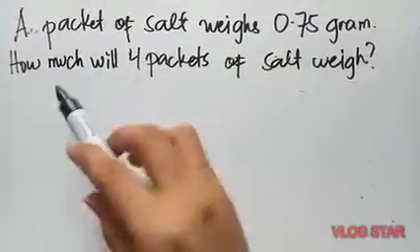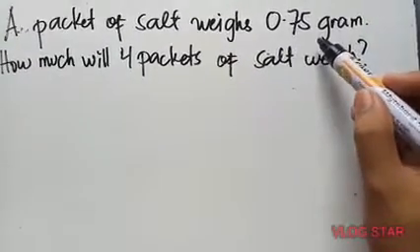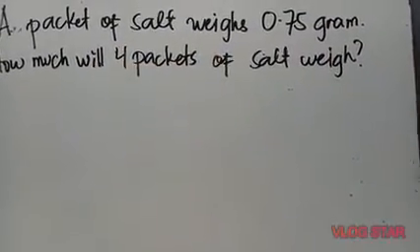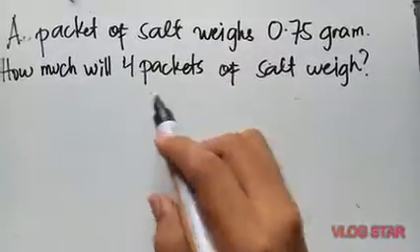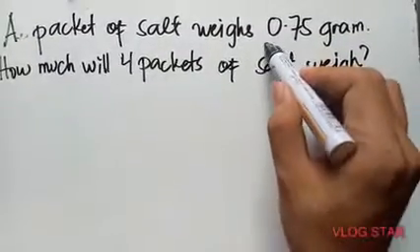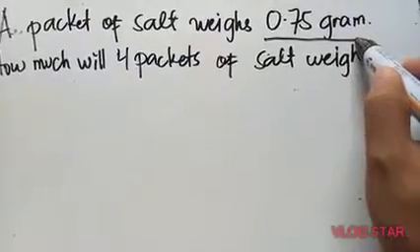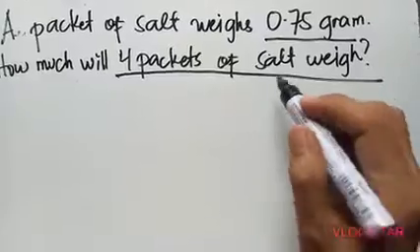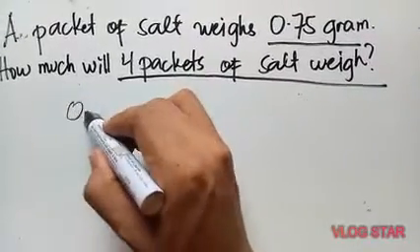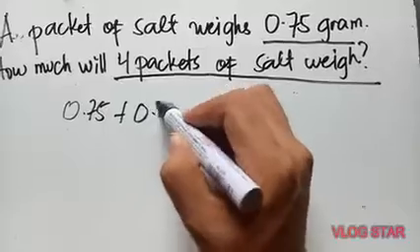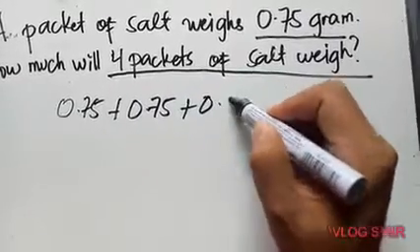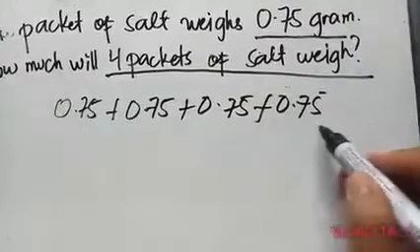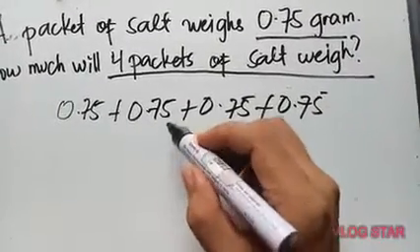The second example is a packet of salt weighs 0.75 grams. When you say a packet of salt, it's about 2 dashes. So how much will 4 packets of salt weigh? Since a packet is 0.75 gram and we're looking for the weight of 4 packets of salt, you can write it as 0.75 plus 0.75 plus 0.75 plus 0.75, 1, 2, 3, 4, or in multiplication we can just do this as